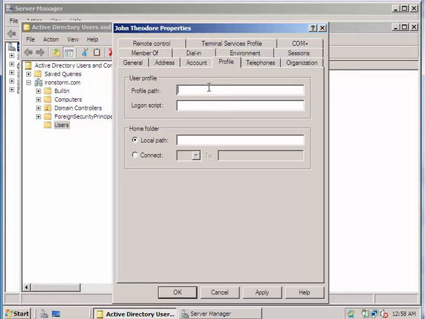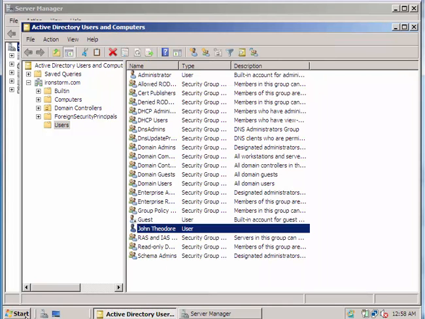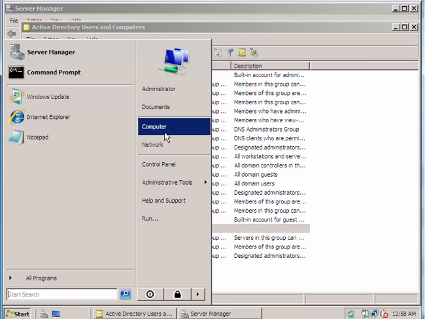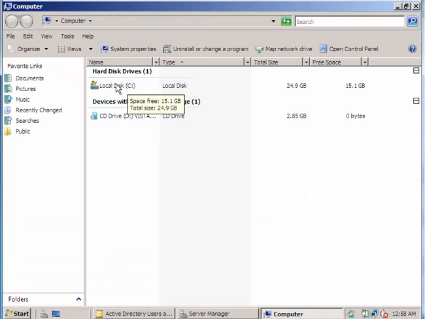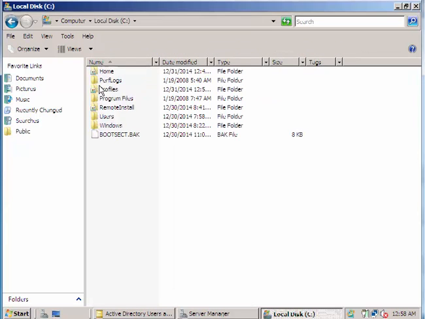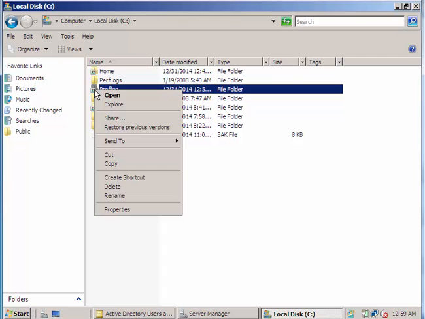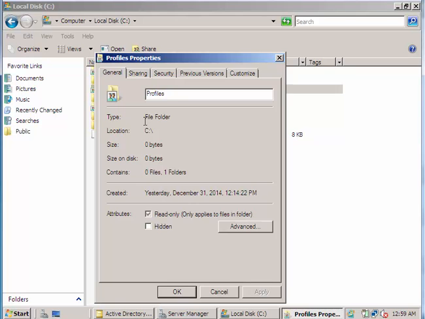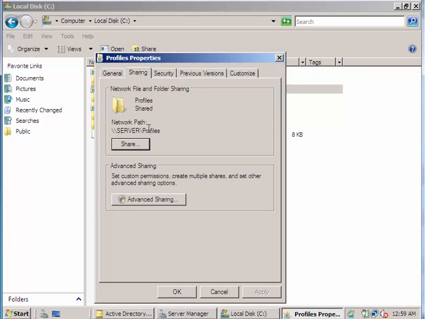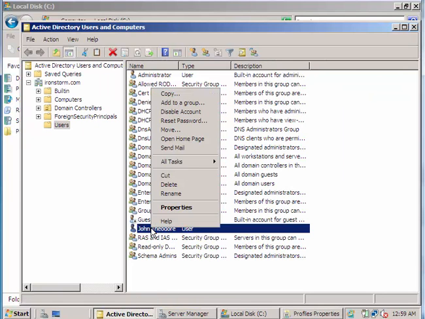So for this user John, we could go and double check the profile path. We could go to start computer. We go into the profile folder on our C drive that we created earlier, that we shared. That is where our user profile information will be stored. Go to its properties and click on sharing, and here you see the profile path. It's //server/profiles. So we are going to go back to the Active Directory, back to the properties of the user